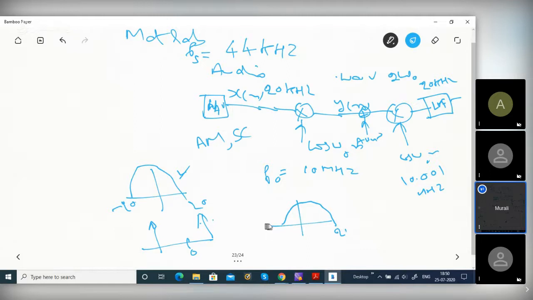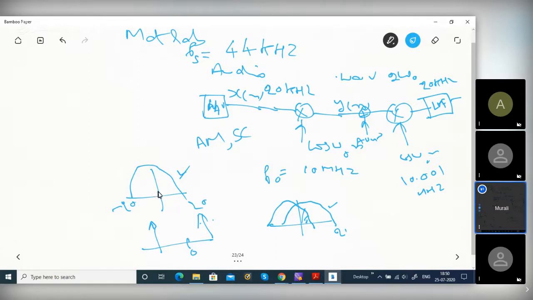So how it will be? One minute. Minus. One minute. This goes slightly positive, this goes slightly negative. So there is an overlap and it will be like this, nice. But if there is no frequency offset, it will be like this, nice spectrum. But there is overlap, there is a distortion actually. Okay, in the audio there will be a distortion, you can see that. Okay, we will see the distortion actually.